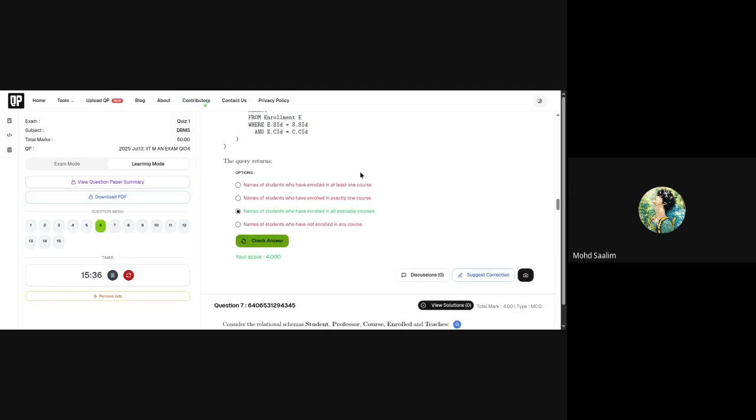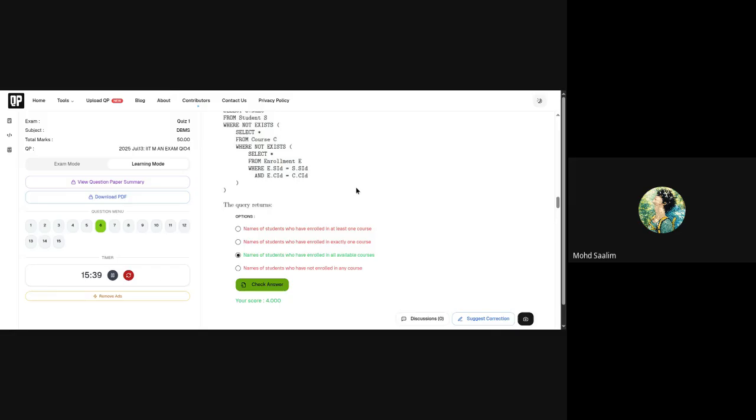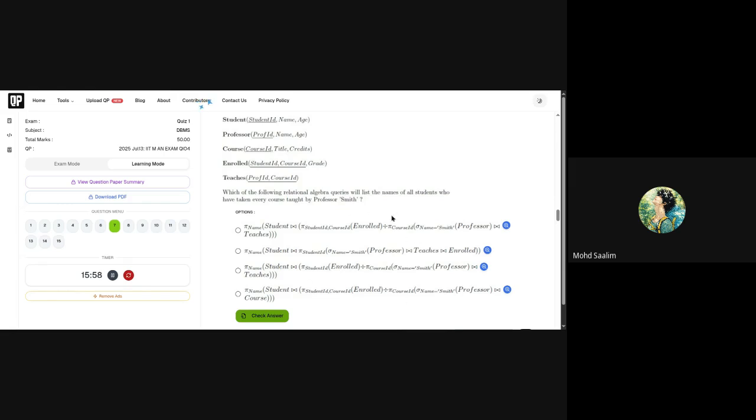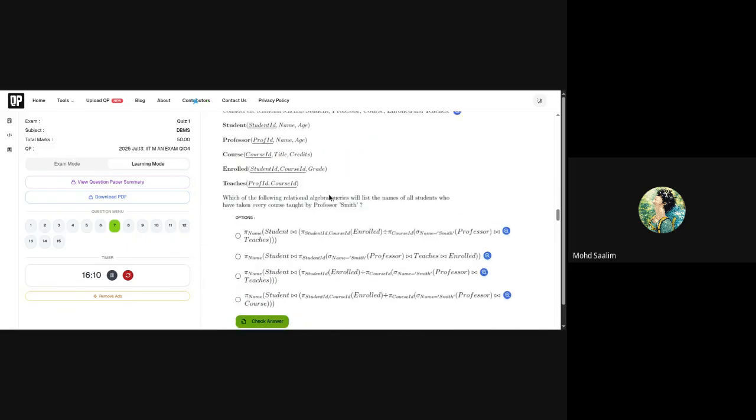So it was looking very simple, but it's kind of confusing. See, we were easily being swayed by this last option, and if we were going too quickly, we would have selected this. That's why it's important to take your time and try to understand the queries and the different types of queries, like relational algebra and TRC, DRC. We need to understand them really well and try to understand what is really happening in this query before reaching the conclusion.